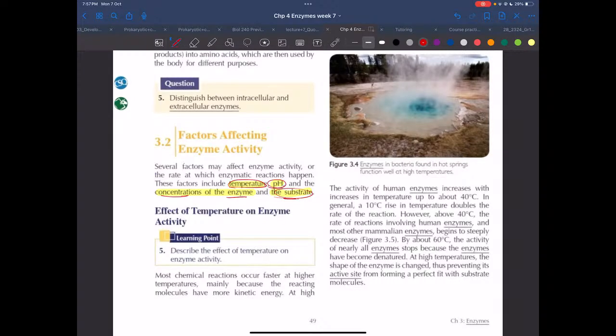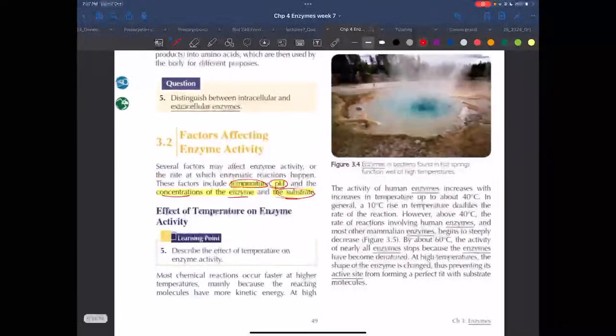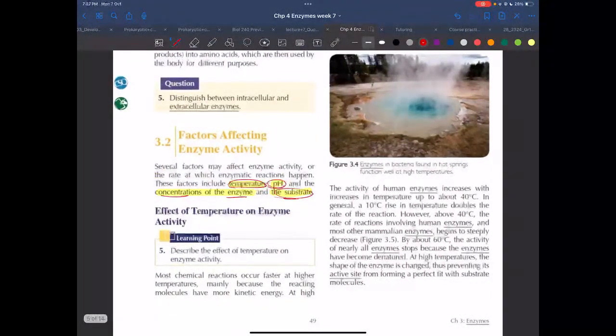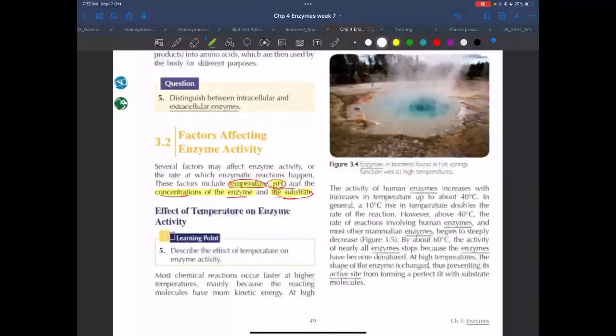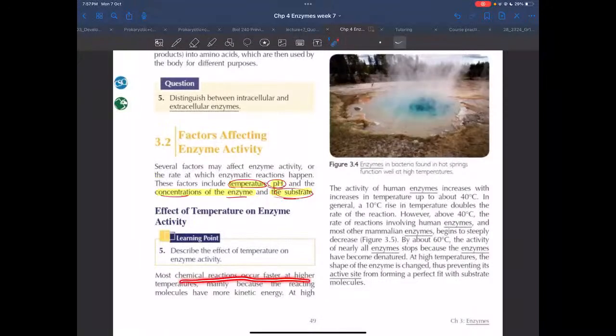Now let's look at each factor by itself. First, we're going to be looking at temperature. Effect of temperature on enzyme activity. So usually, what did we say? When we increase temperature, what's going to happen to the molecules? Their kinetic energy will increase, so the reaction generally increases as we increase temperature. Look, here they told us that most chemical reactions occur faster at higher temperatures. Why? Because the reacting molecules have more kinetic energy. However,